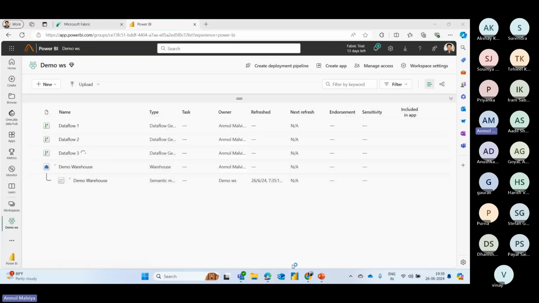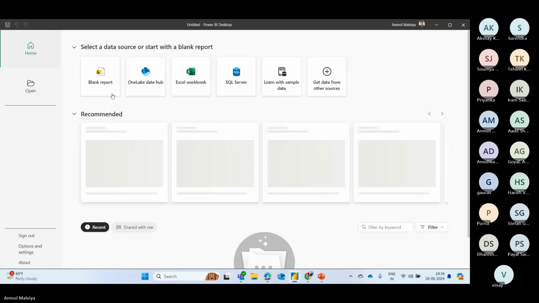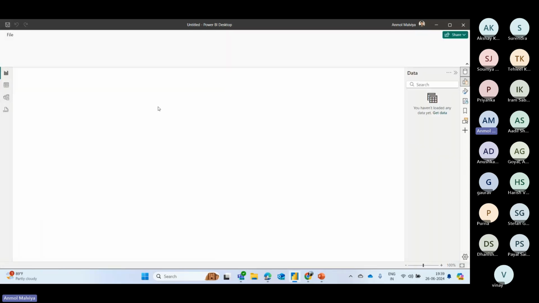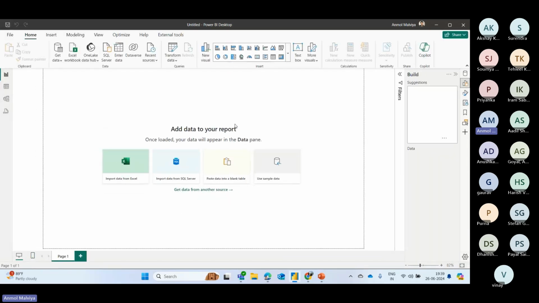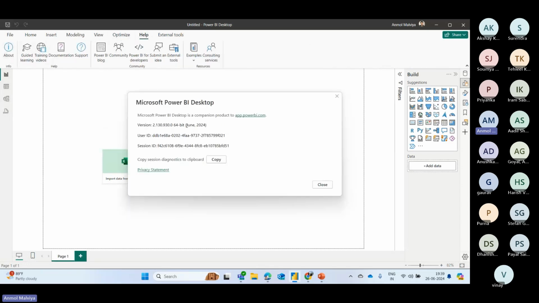Till then, let's see the features in Microsoft Fabric. To be updated with all the new features, if you are using an older version of Power BI, first you have to update it. You can check it by going to the help section, and in the about section, you can see which version you are using or in which month Power BI was last updated. As you can see, my Power BI Desktop app has been updated in June 2024, so I will get access to all the recent updates. I recommend you all to be updated.